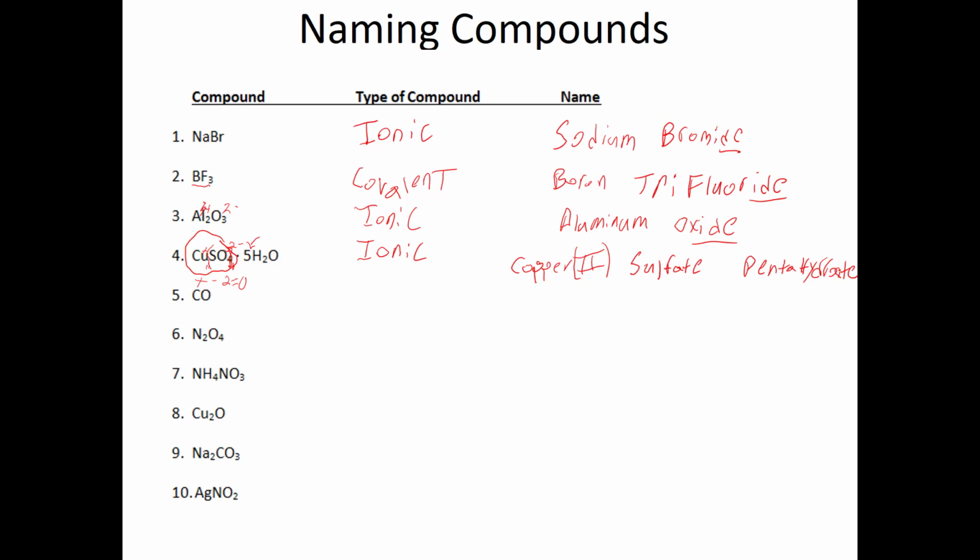I'm going to let you do the rest on your own. Remember to always identify the type of compound first, and that determines the type of name or naming system you're going to follow. Remember, the I in ionic stands for Roman numerals, and the C in covalent stands for quantities. So ionic is always based off of charge, where covalent